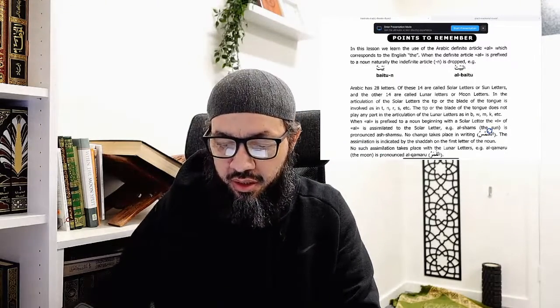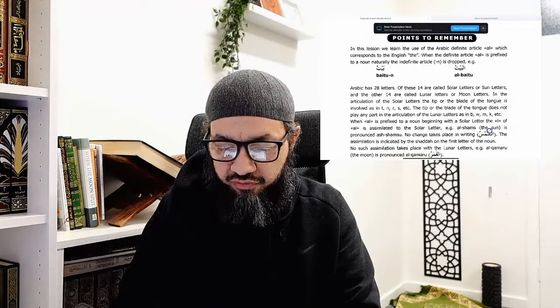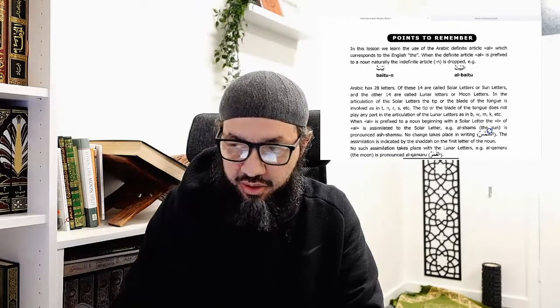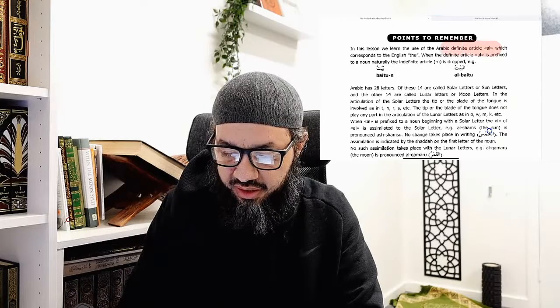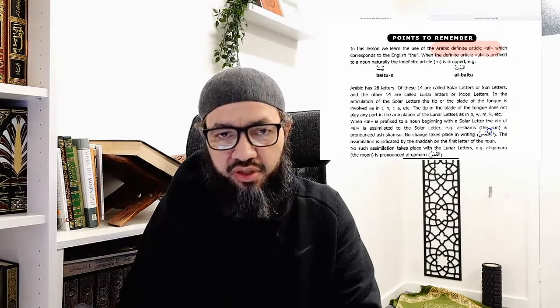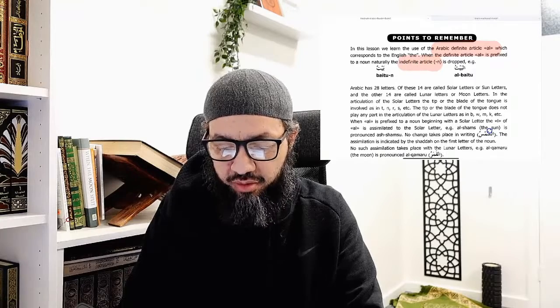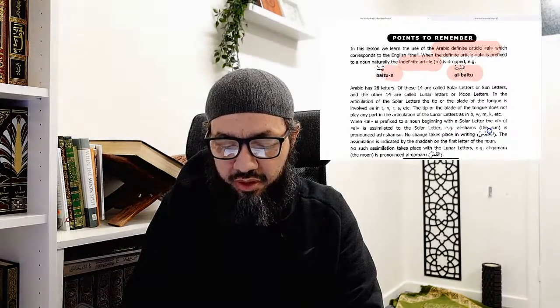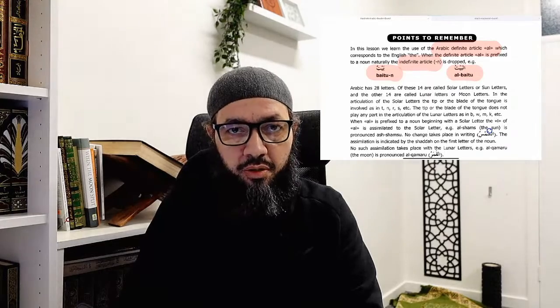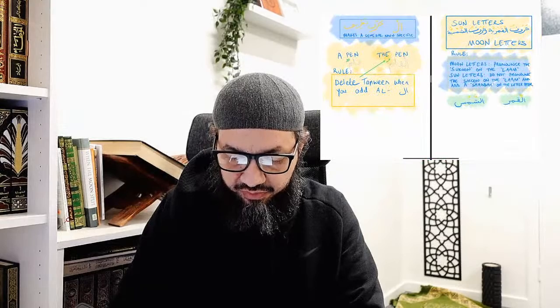There are these points of grammar, as you can see. The points of grammar in this lesson: it says we learn the use of the definite article, which is al, which corresponds to the English "the." When the definite article al is prefixed to a noun, naturally the indefinite article, meaning the tanween, is dropped. And it gives you an example here: al-baytu, baytun. What that means here is, if you just have a quick look at this,